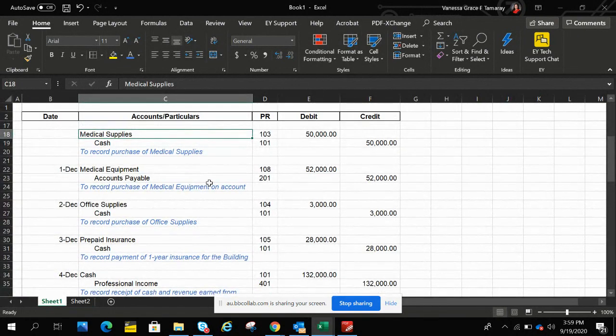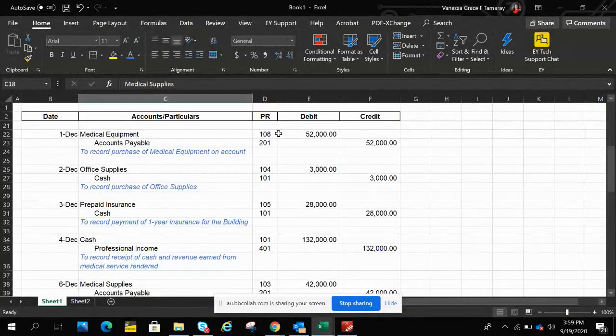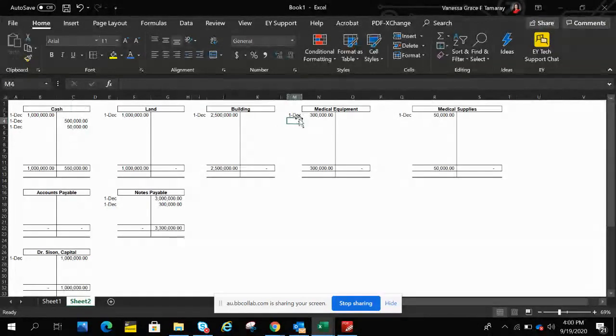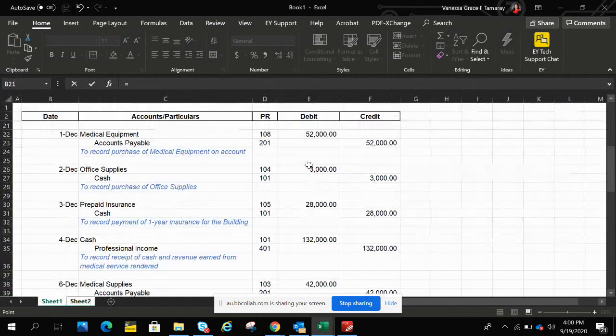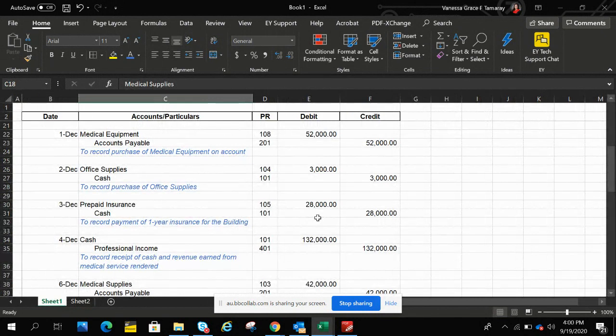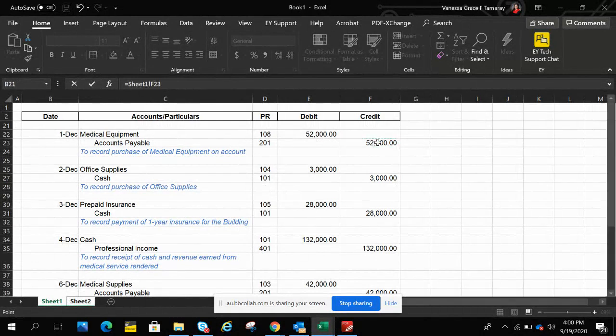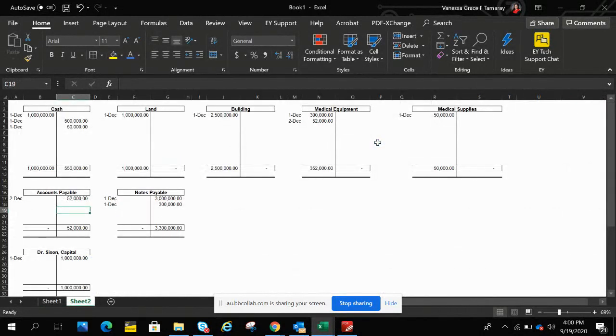We purchased medical equipment amounting to 52,000 pesos. Pero on account naman. So, medical equipment, December 2, 52,000 pesos, but on account. So, on December 2, credit tayo, accounts payable, 52,000 pesos. Next,